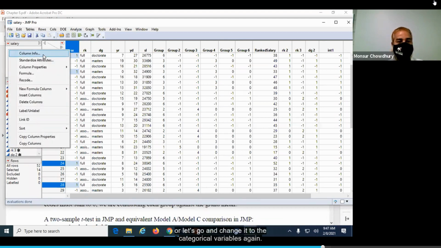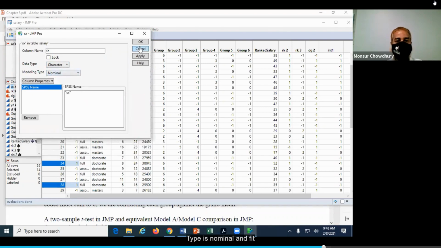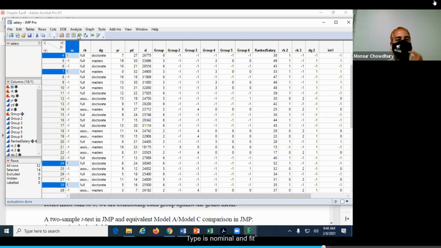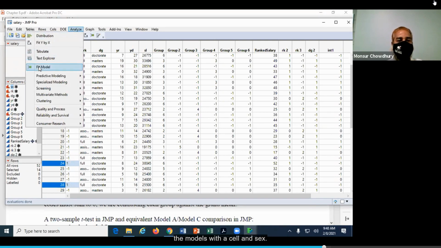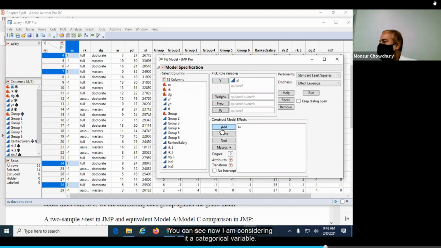So let's go and change it to the categorical variable. Type is nominal, and fit the model with SL and sex. So you can see now I am considering it as a categorical variable.